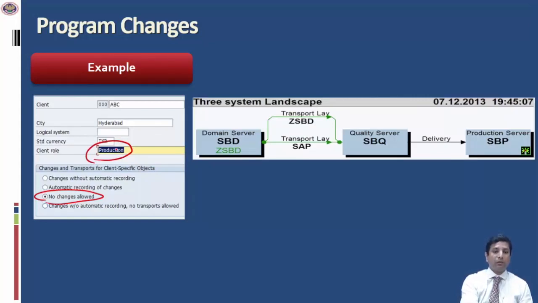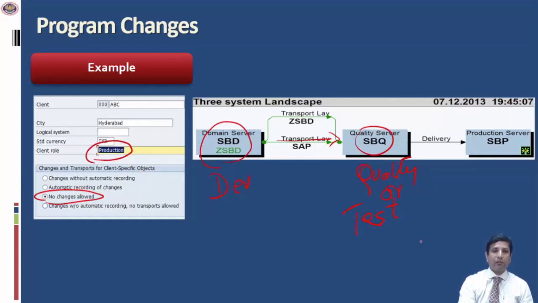In this scenario, there is a development environment which is denoted by SBD, and any development which is done is carried through a transport layer to SBQ, which is a quality system. So this is a development system and this is a quality, or also called the test environment.